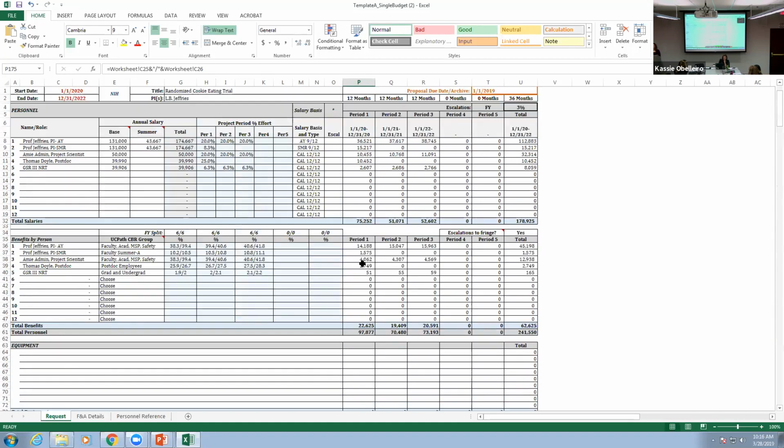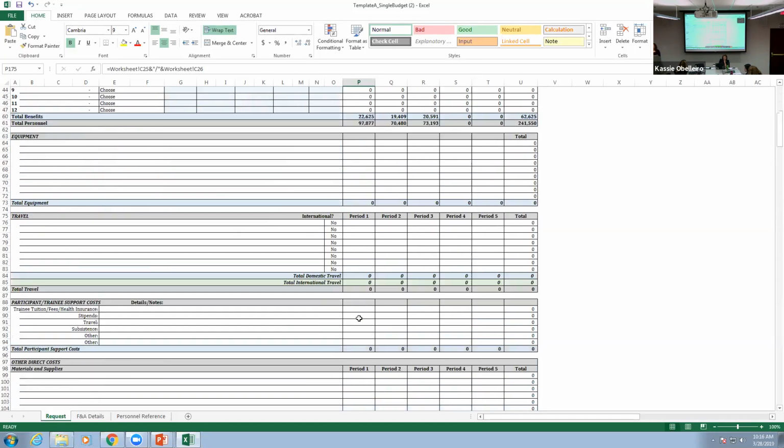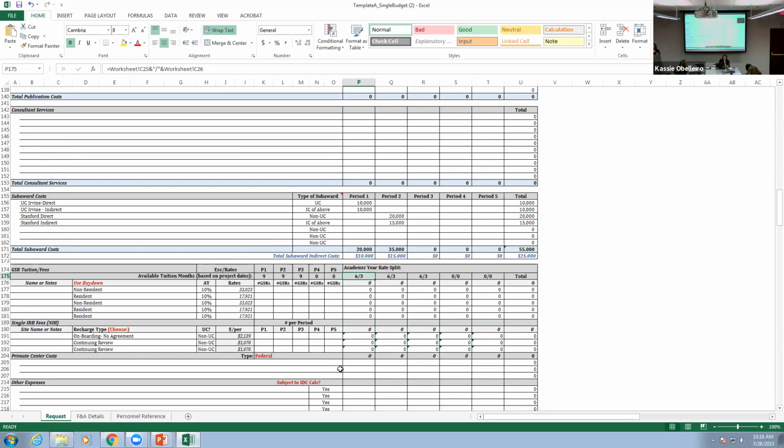If we go up and look at this, you have January through June, and then you have a new rate from October through. So if you want to split your rates like that, because that's probably how your escalations are going to work, they escalate every fall, you would leave this on AY. If you decided, just like up there at the escalations, you wanted just a straight, whatever our rates are now, and then every project period you wanted 10%, you would change this to PY. And I'm going to show you the difference. So let's say we have one GSR,